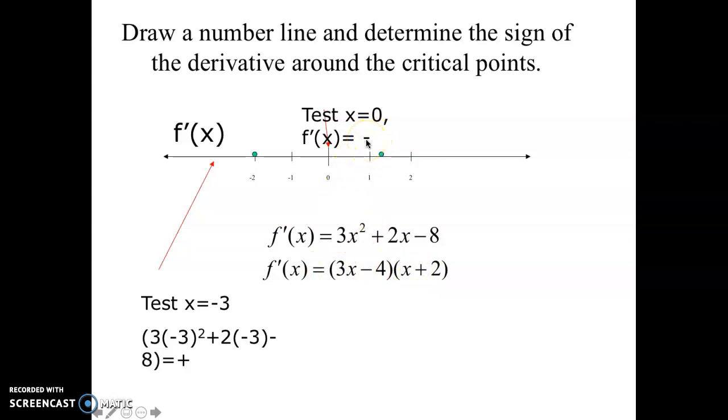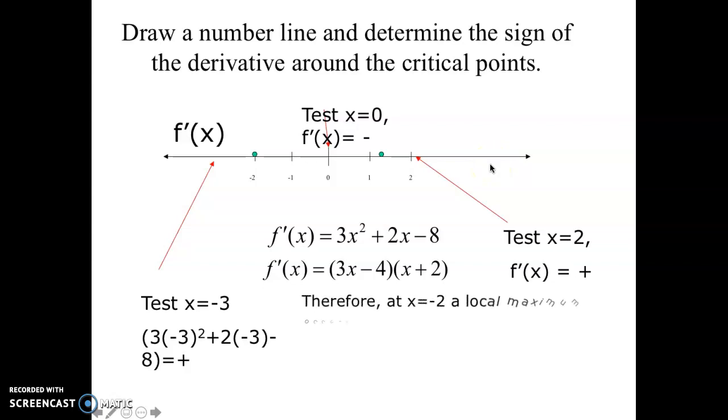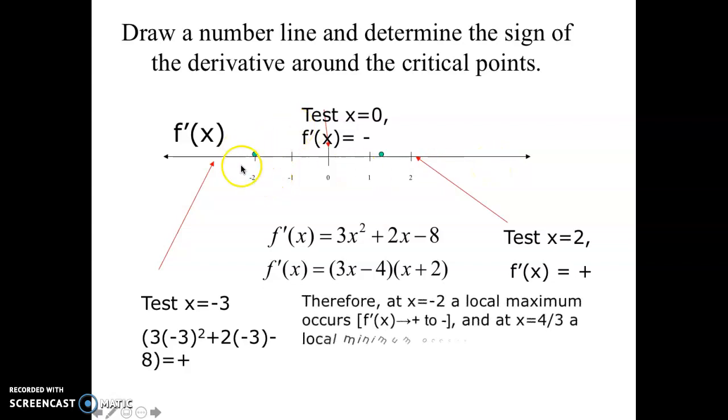Again, it really doesn't matter what the number is. We want to know what the sign of the derivative is. And then I'm going to test over here in this region bigger than 4/3. I'm going to put in 2. When I put 2 into the derivative, I get a positive value. That means my derivative is positive, then negative, then positive. Therefore, at x equals -2,